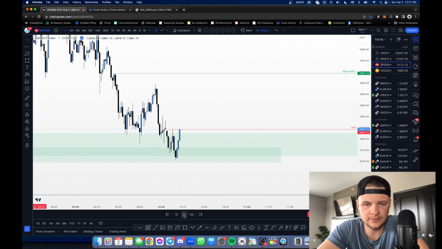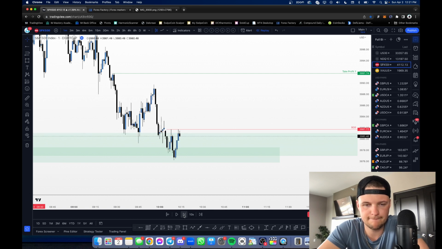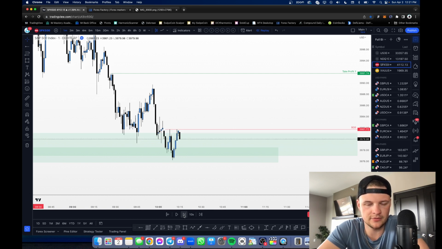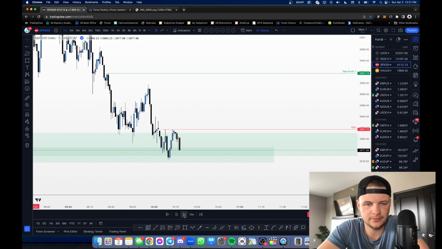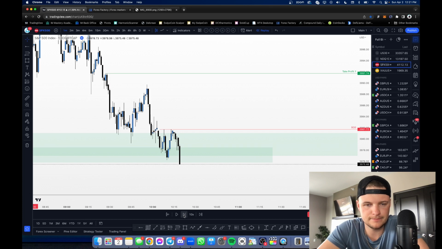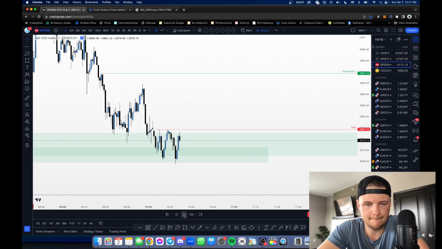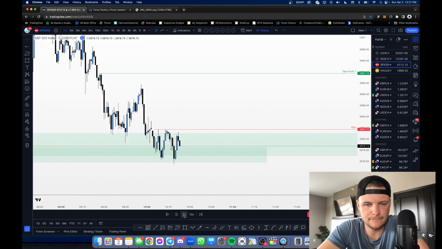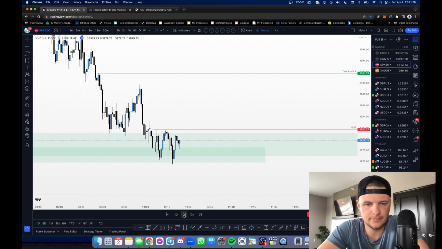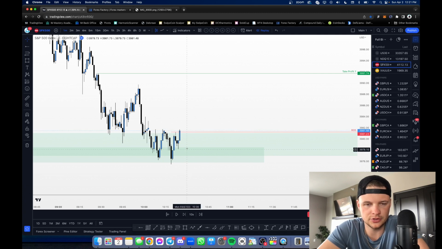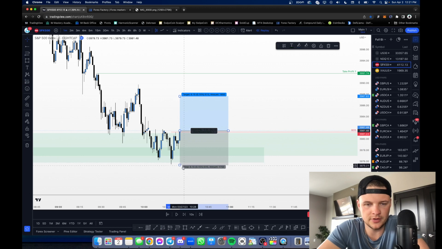Price pushing. Waiting for a break of structure, right? Waiting for a candle closure above, unless we get a new high to form. Price continuing to push. All right, tracking new high right here. Waiting for just a candle closure above there to take the entry. So boom, there you go. This was our entry point.